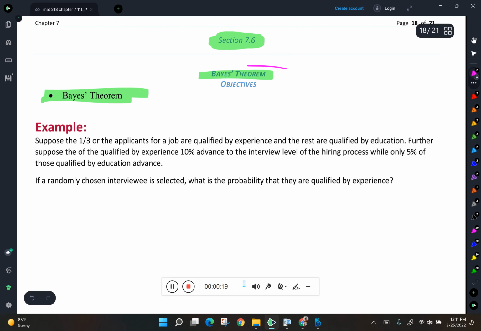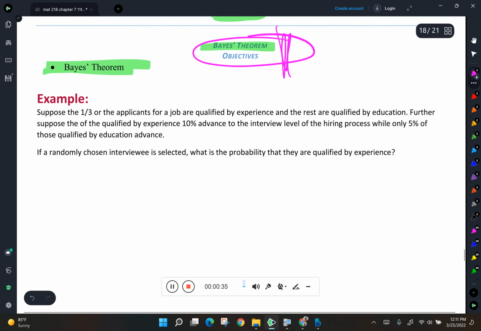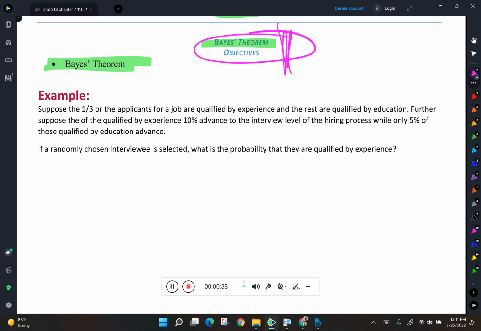Bayes' Theorem is arguably one of the most important probability theorems out there. The reason is that Bayes' Theorem is incredibly powerful because it gives light to something that is very counterintuitive for people. We're going to start by taking a look at an example and show you how Bayes' Theorem comes into this.